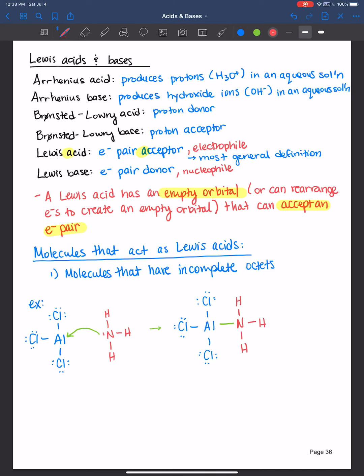If you were to calculate the formal charge for nitrogen, it'd be +1, for aluminum, -1. And so therefore, the aluminum chloride was your Lewis acid, and your ammonia was the Lewis base,